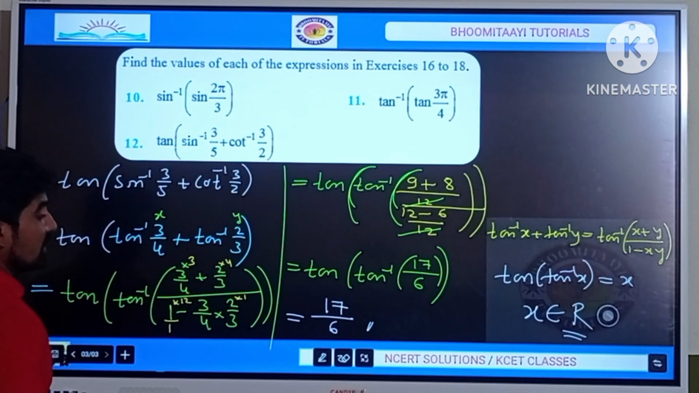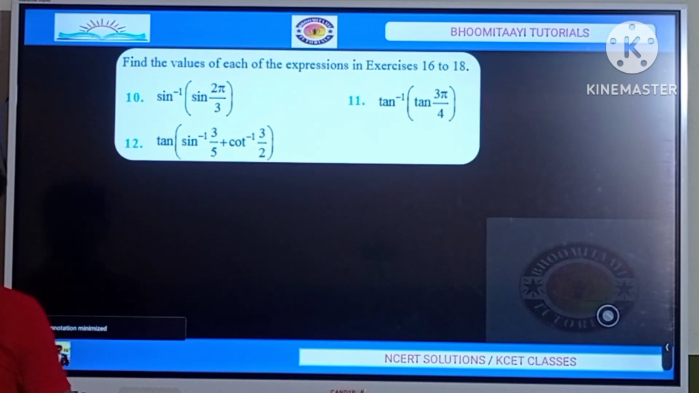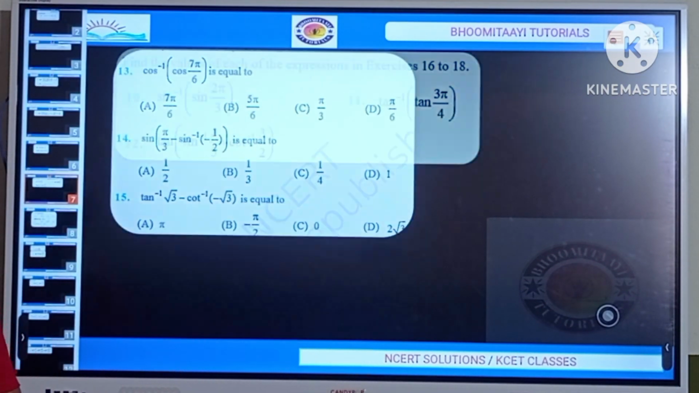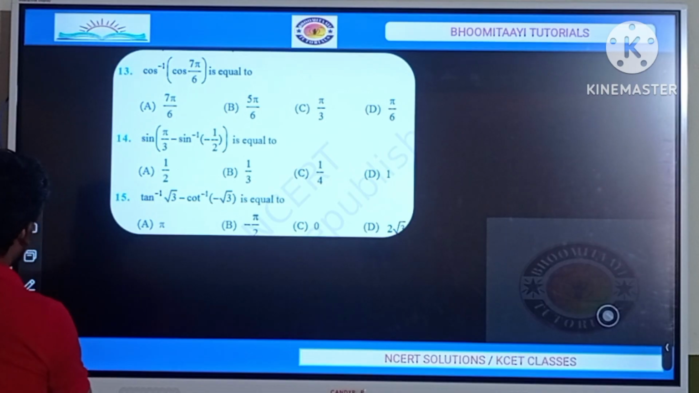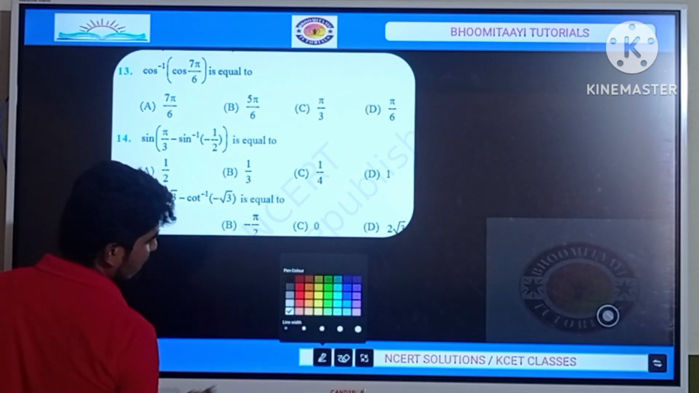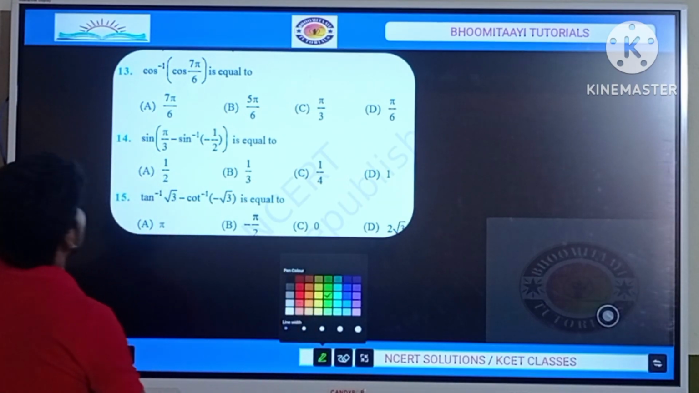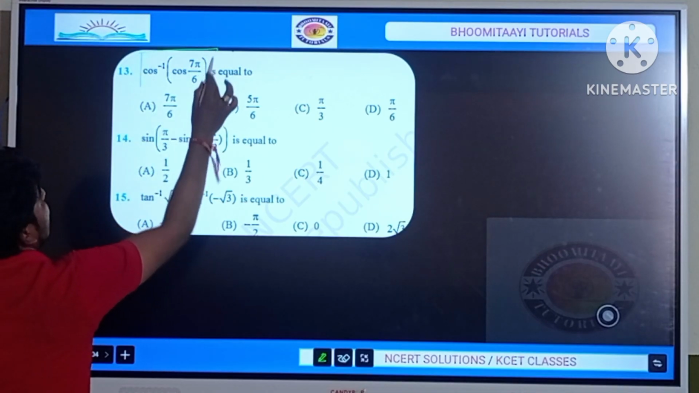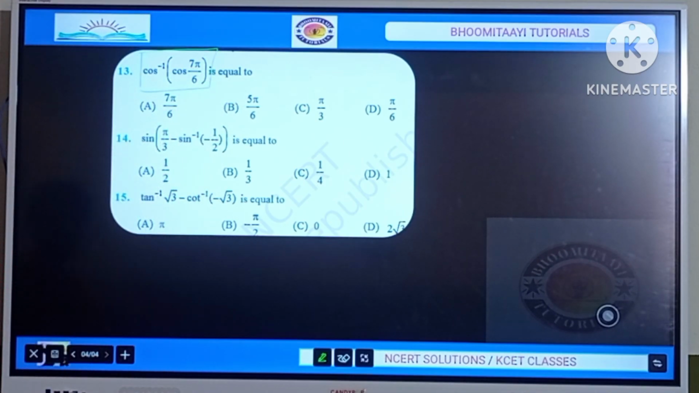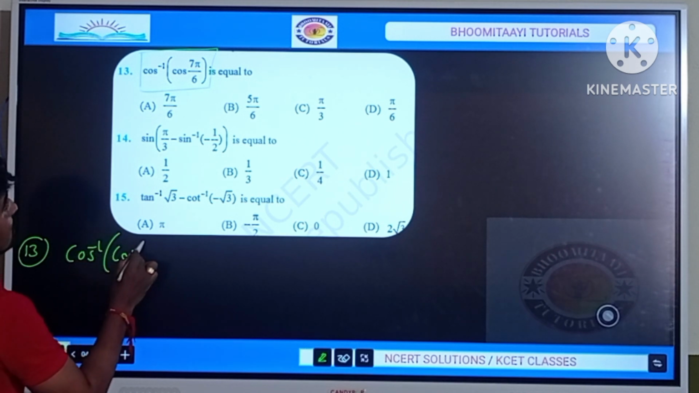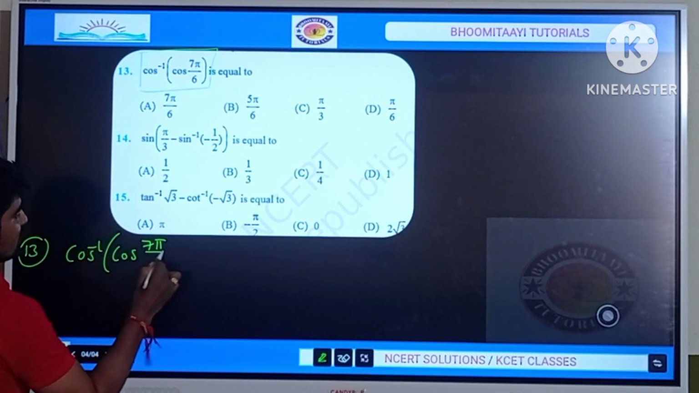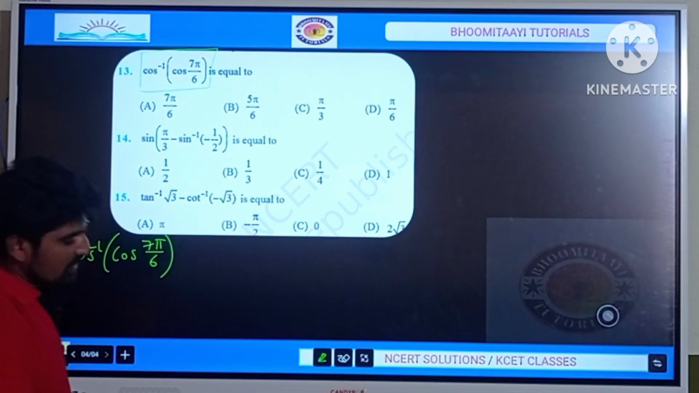Now let us start the 13th question. Here the 13th, 14th and 15th questions are MCQ questions. The first question is, we need to find the value of cos inverse of cos 7 pi by 6. So in the 13th question, we need to find what? Cos inverse of cos 7 pi by 6. And we know that this is of the form